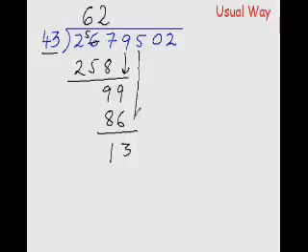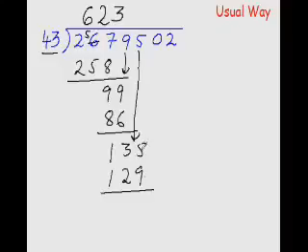Now drop down the next digit, it is 5. Now the same process again: hide this 3, hide this 5 and ask yourself how many times 4 will go into 13. Okay, so 4 3 times is 12. So write that 3 here, and once again multiply this with the divisor digits. So 3 3 times is 9, and 3 4 times is 12. Now 9 cannot be subtracted from 5, so borrow 1 from here, so this will become 2 and this will become 15. 15 minus 9 is how much? 6, and 12 minus 12 is nothing, 0. Now drop this 0 down.